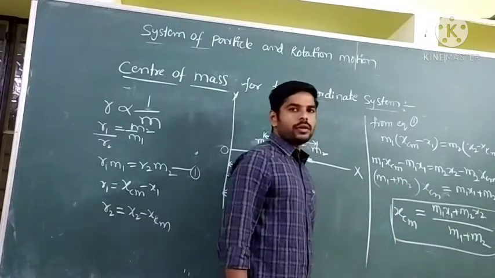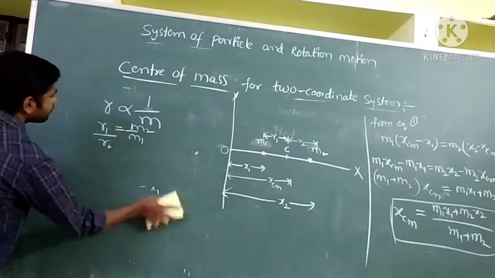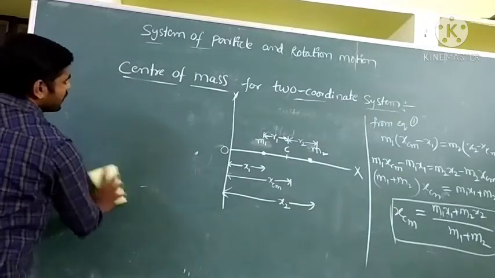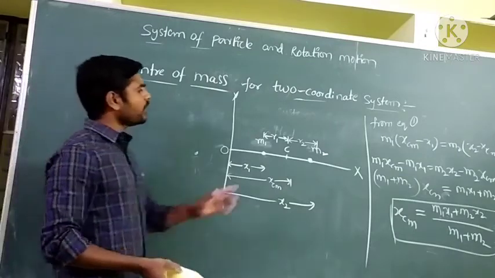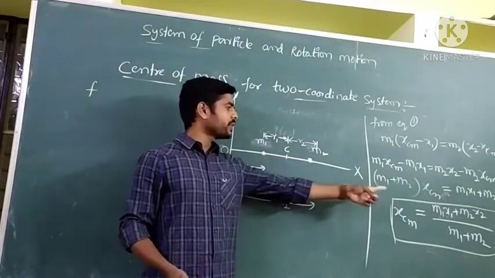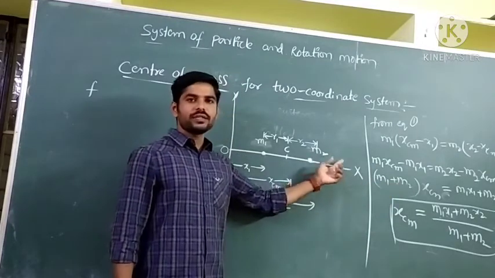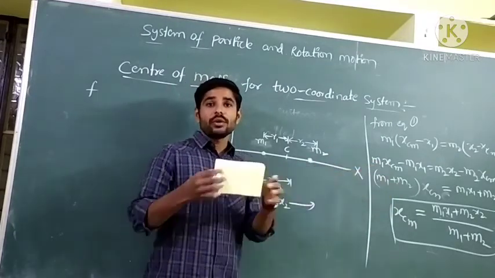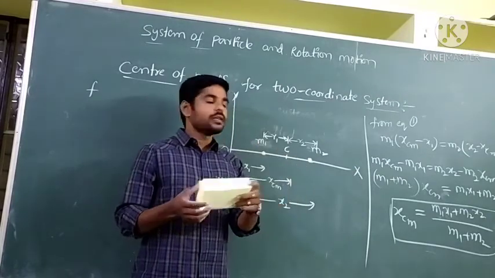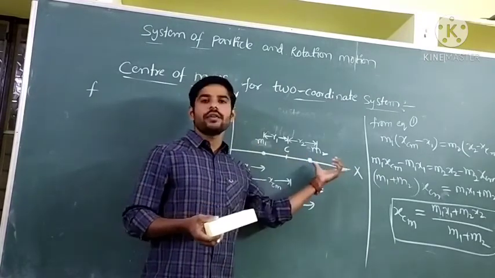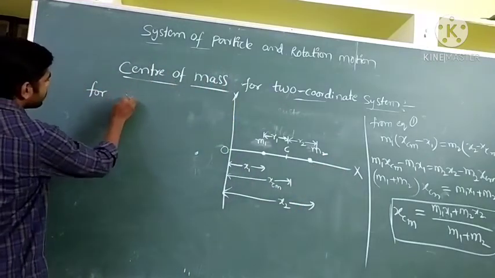This is our value. And if you apply this same equation for n particles, we are taking only two particles, that is why this equation is in terms of x1, x2. If you take 3 particles, 4 particles, 5 particles, the same applies. Similarly, for a body having n particles,